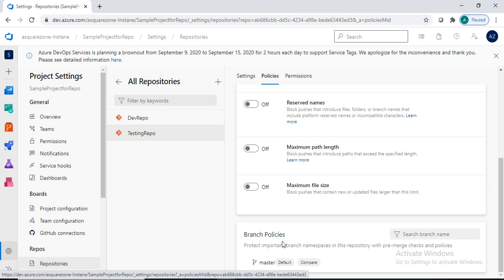So if we have any branches here, we will get the options like different branch policies. Here, as we have only one master branch, it is not showing anything here. As we have different options like dev branch, test branch, any other branches, we can get all branch policies list here.